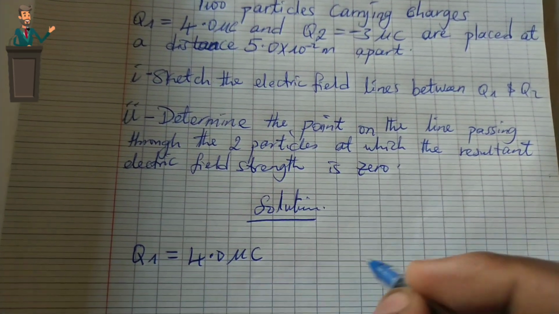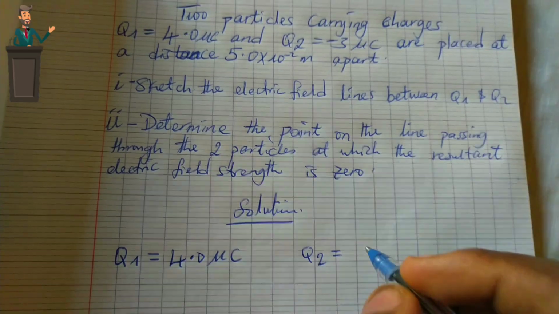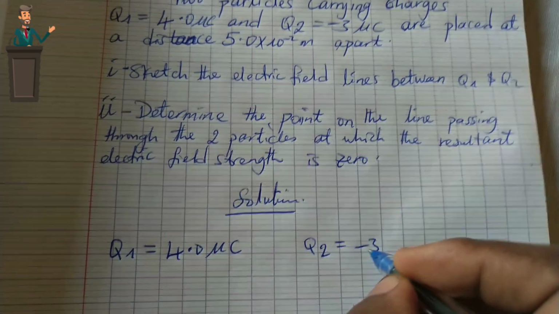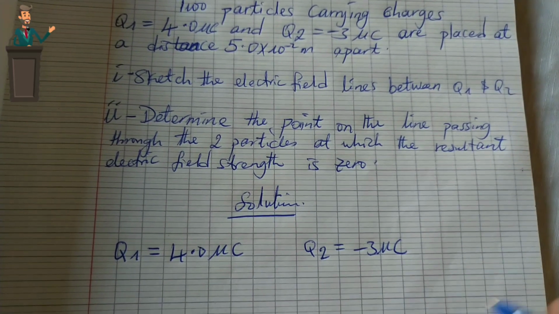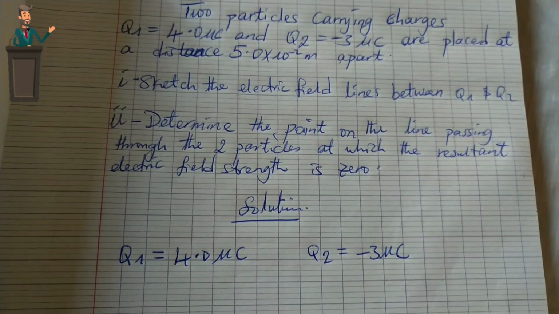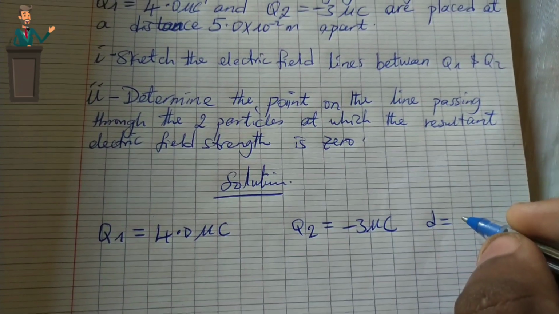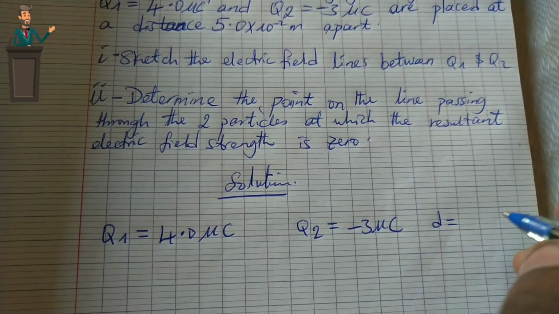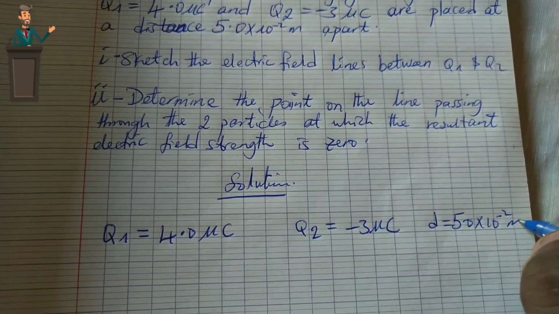I have that Q2 is negative 3 microcoulombs, and they are placed at a distance of D, or R, I use D, 5.0 times 10 to the negative 2 meters